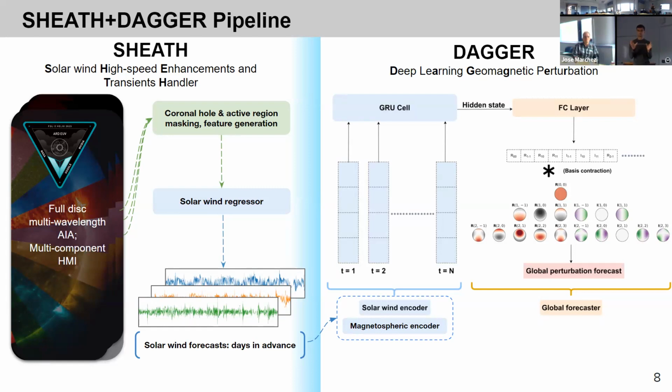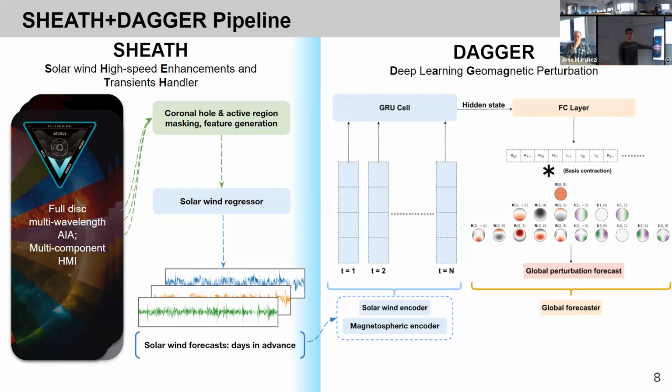We identify all the places in that slice where there are coronal holes and where there are active regions in an automatic process. And then we can calculate the total area of the active regions, total area of the coronal holes, and the flux of each of the AIA wavelengths and the HMI magnetic field components through those areas. That ends up with 13 features, which is a lot less information than a full image being passed into a model. It does work pretty well, though, which I will show you in the next slide.